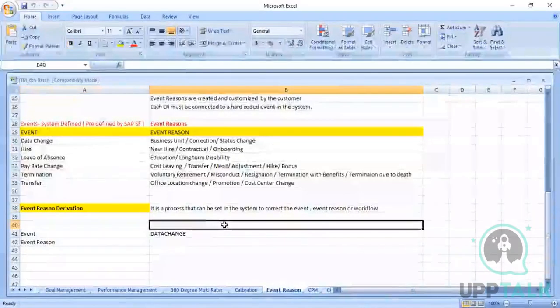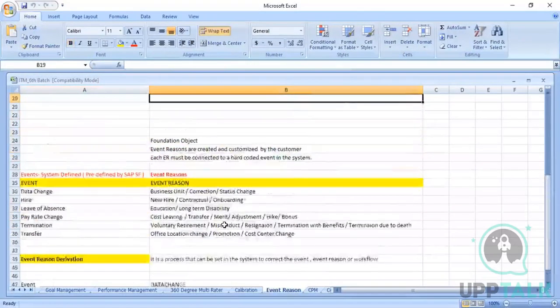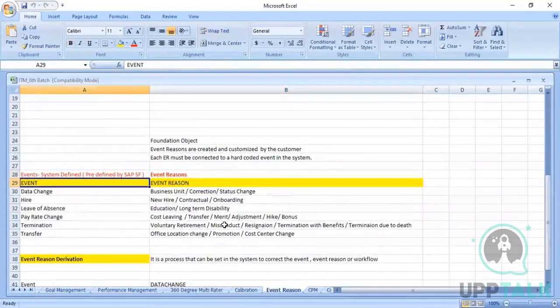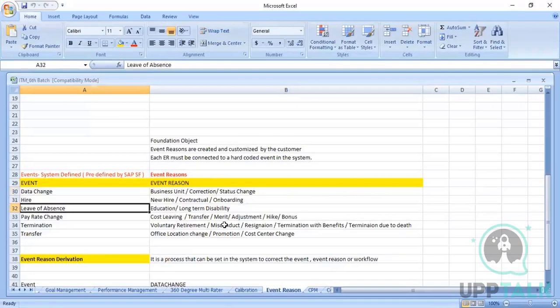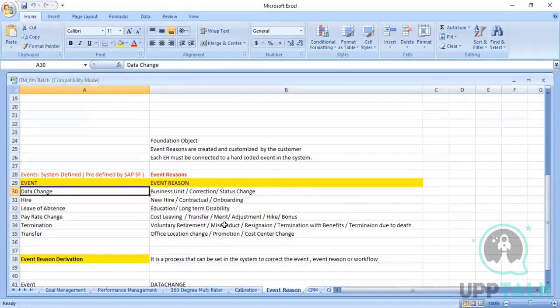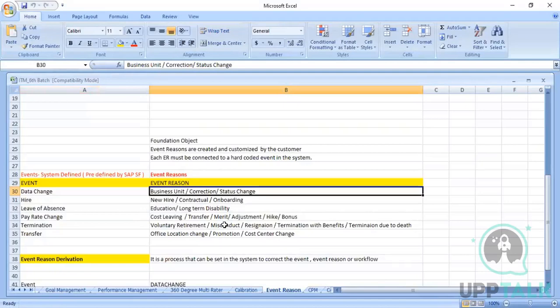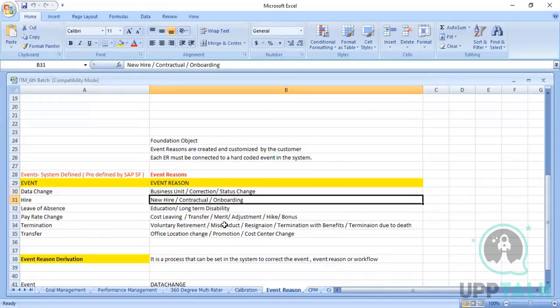Let me go back into the system. So when you go here, you can see I have created a table. These are standard events: data change, hire, leave of absence, pay rate, termination, and transfer. If a data change is there, what is the reason behind that data change? It can be a change of business unit, correction, status change, anything. Then if you have a hire, what is the hire? It is a new hire, contractual hire,